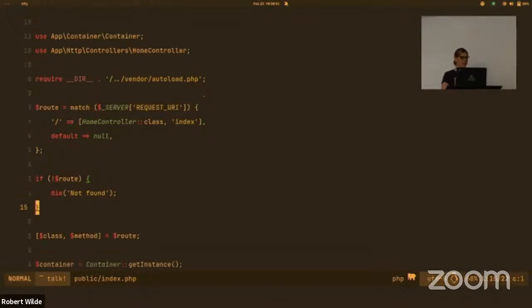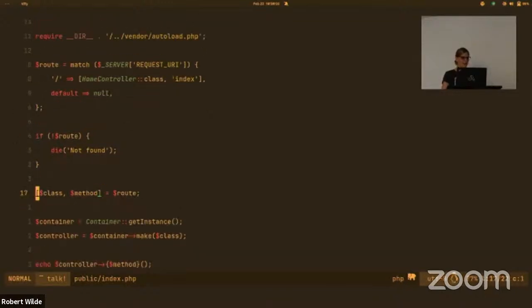So in this case, we're just checking the $_SERVER variable, which I don't use $_ stuff very often with Laravel, but in this case we've not got Laravel. So we are then pulling out the class and the method from our tuple, using whatever syntax it is, I can't remember. We new up a container and ask our container to make this class, which is going to do our dependency resolution, and then we're just going to call our method on the controller. So if I spin up